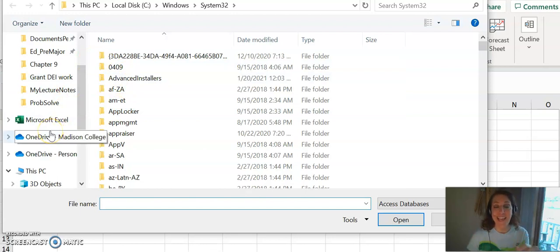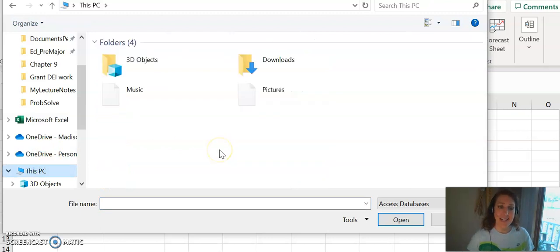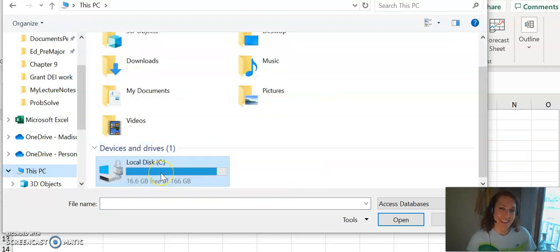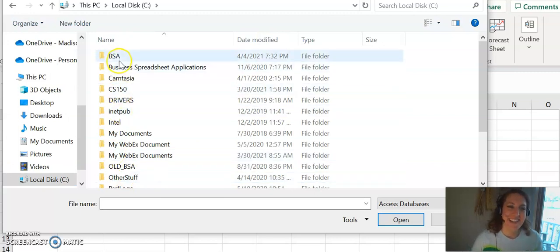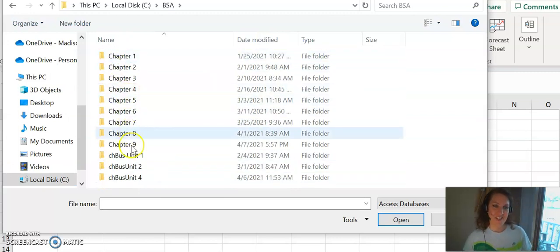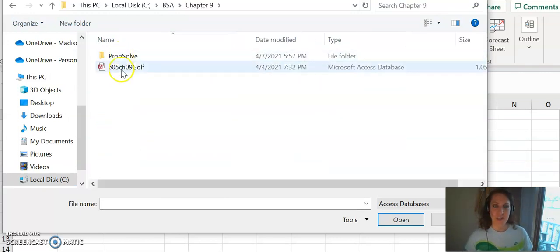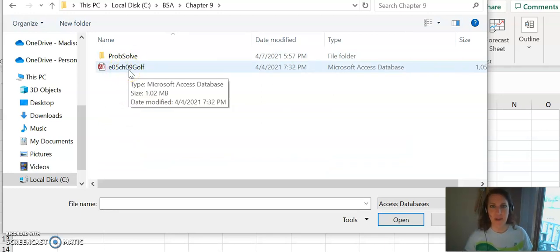And if the file's on your OneDrive, you can identify your OneDrive wherever it's at. You can go and find it. For me, mine is on that darn C drive. So I'm going to go get it, just so I can show you what that looks like. So here I have the golf database sitting in my Chapter 9 folder with all of my other files, and